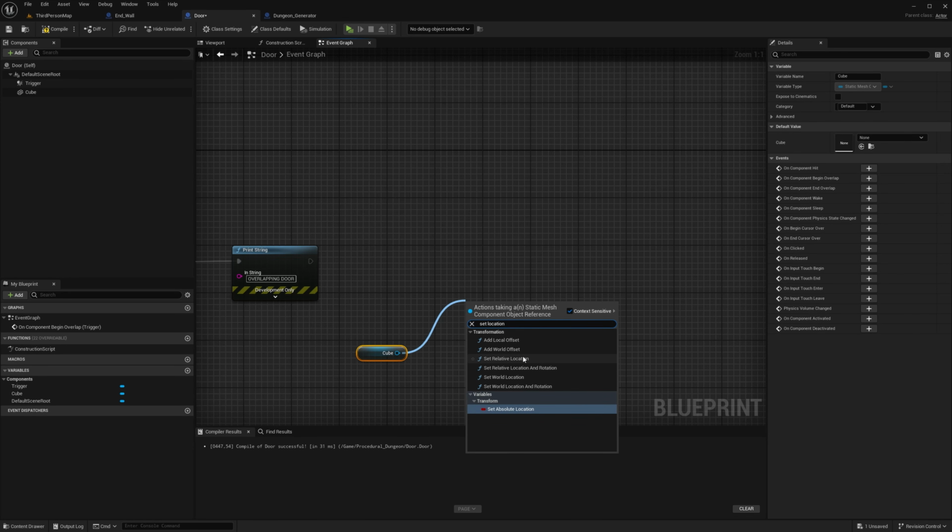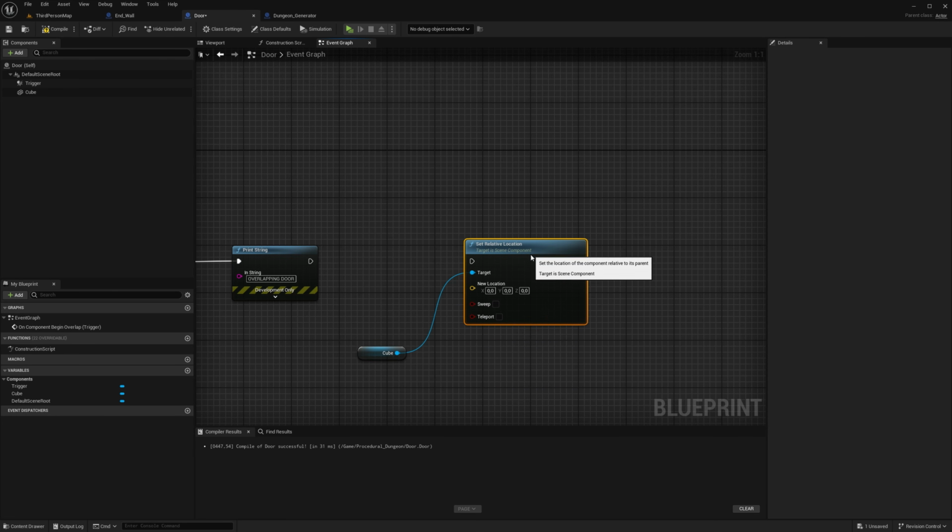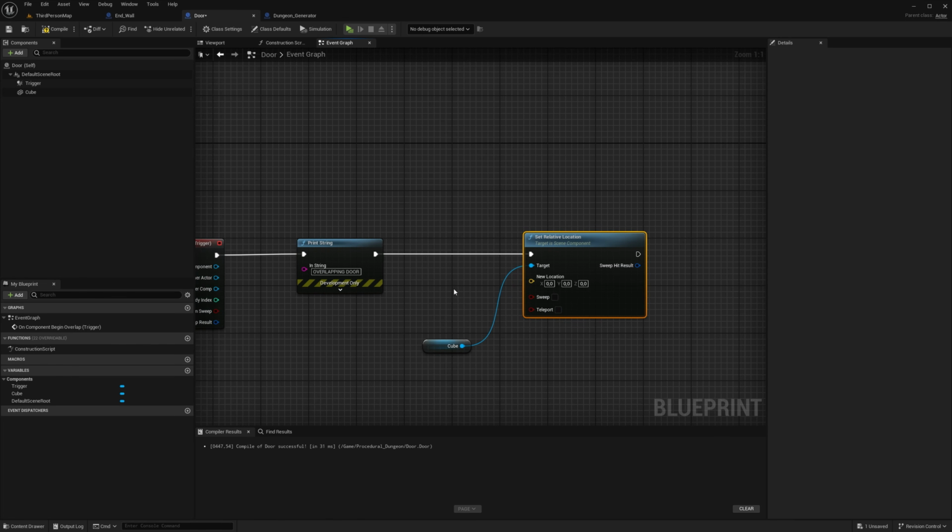And this is a problem. This is another problem, guys. We have all these different location things. Relative location, world location. Then we also have offsets. I don't know what all this is and when you're using what. And the world location is not going to work. Anyways, guys, click on the set relative location. I think we'll try and do it with this one. Plug it in here. Let's just see what happens.